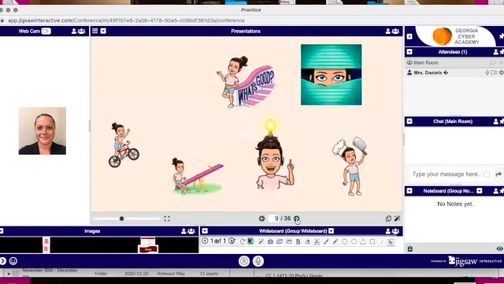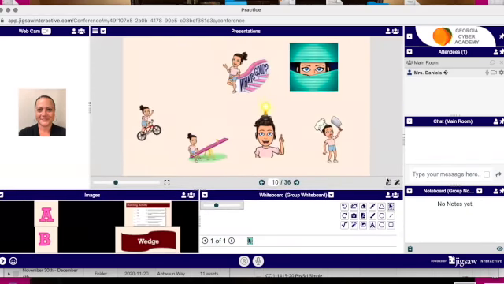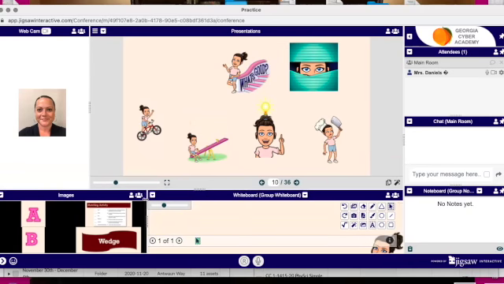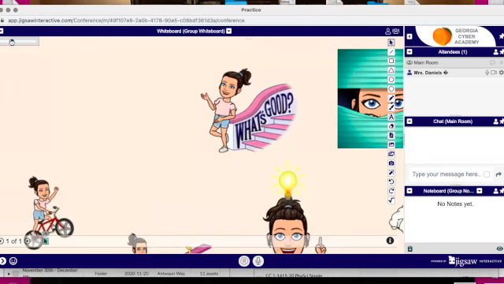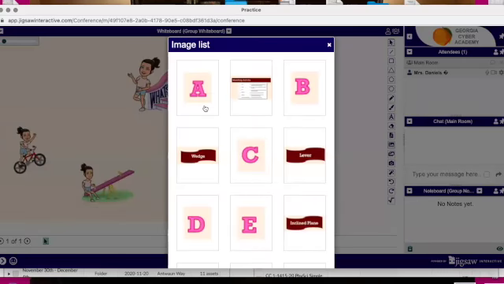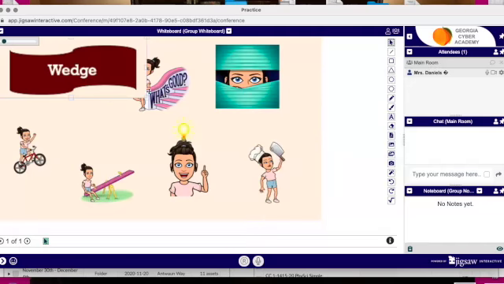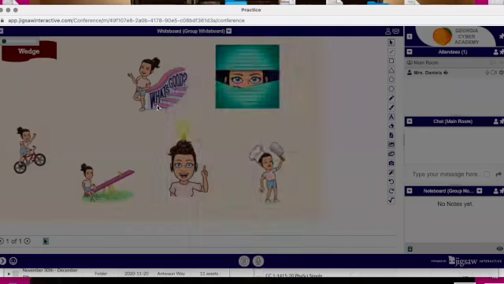I work through my PowerPoint and I get to the point where I now want them to identify each of these emojis as one of the levers, or as one of the simple machines, excuse me. So what I could do is use this little copy feature, right? And I can copy this image directly to the whiteboard. I can make the whiteboard nice and big, and I can insert an image, and I can insert a wedge, and I can insert all these little banners that I have. And now that they're all separate,